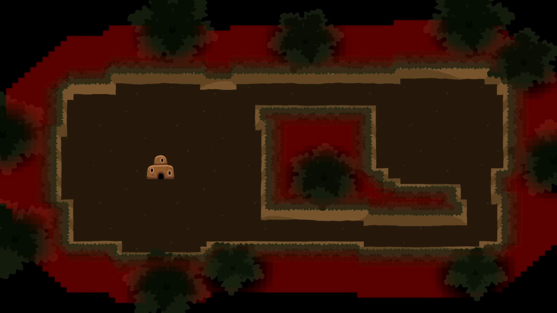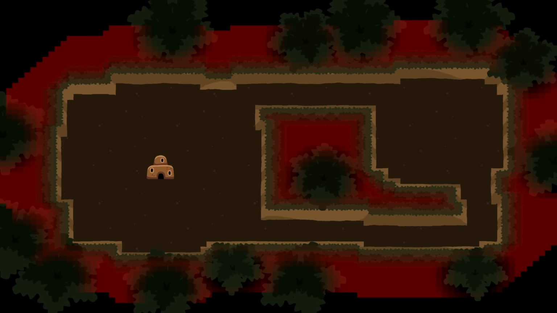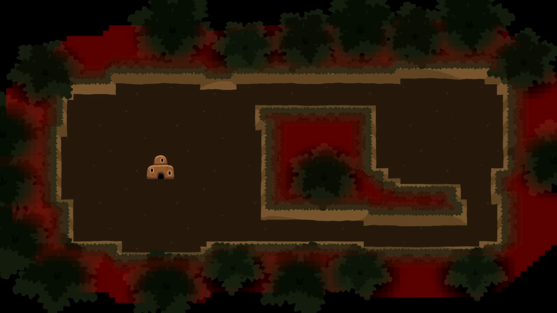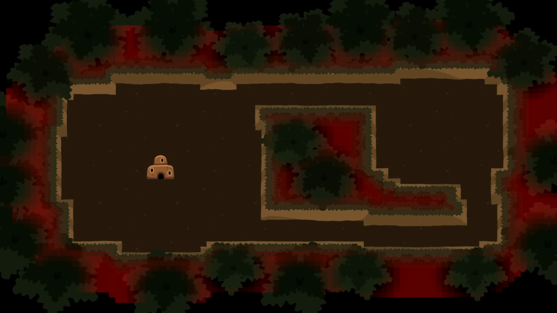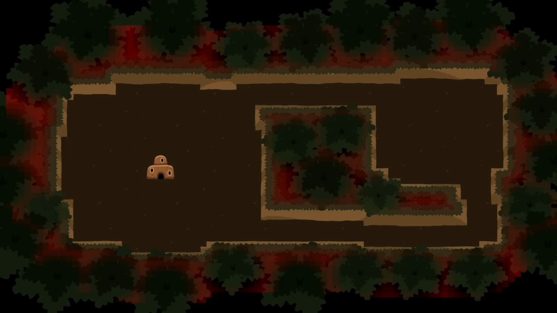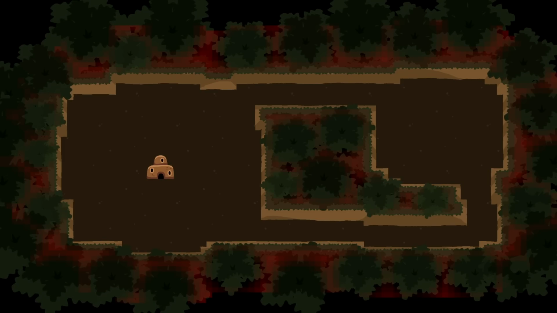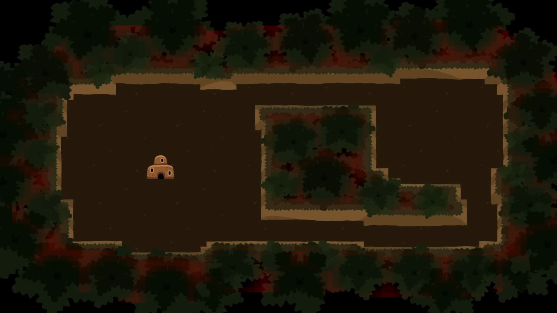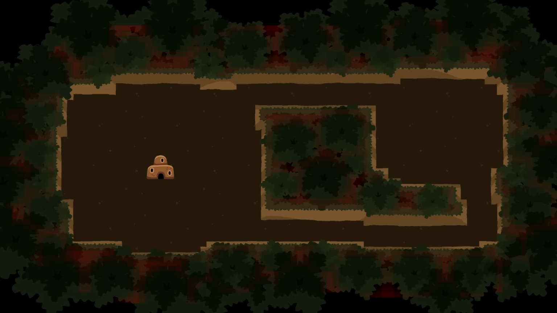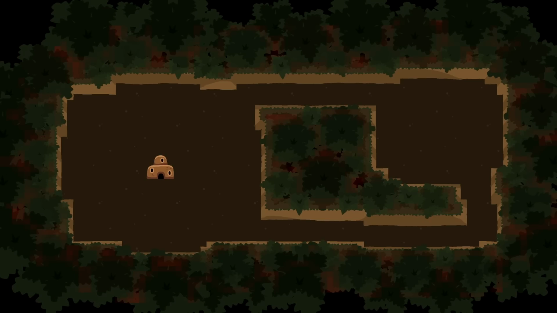And every time we do this, we reduce the heat of the cells around the bush that we placed, meaning the map gradually gets cooler and cooler as we place more bushes. And it's important to note here that the size of the bush we place is based on the heat of its center tile. So if a tile is not very hot, then it's going to spawn a smaller bush. And this keeps going with smaller and smaller bushes filling all of the gaps until we reach a minimum size,